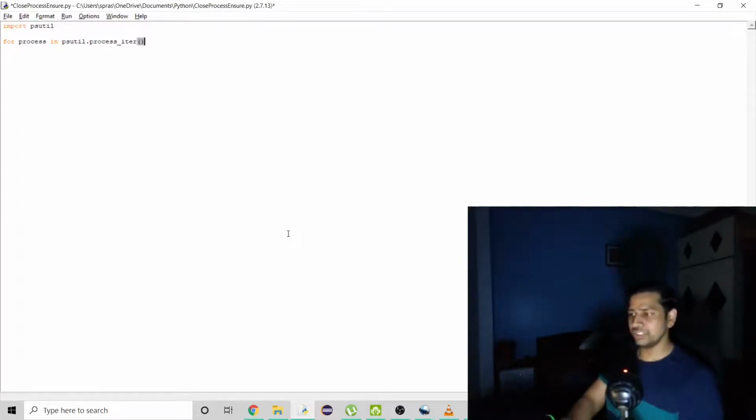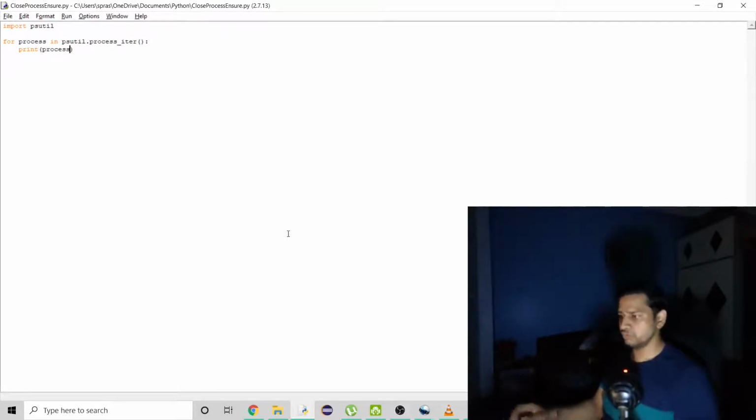This is going to iterate over each process, and there are certain attributes returned per process, like its ID, its name, things like that. Right now I'm going to work with name because that is the requirement. Previously I worked with the IDs. If you don't know much about it, you can try to just print this process.